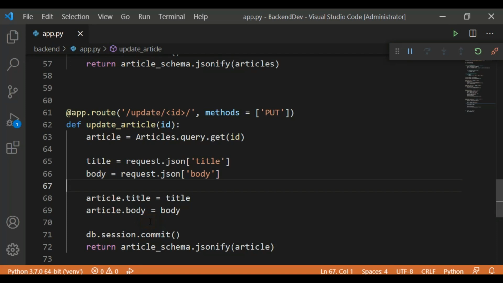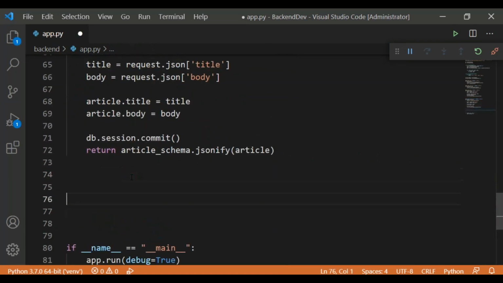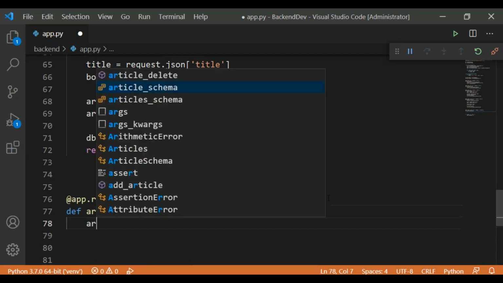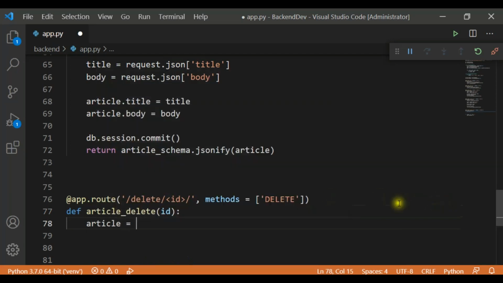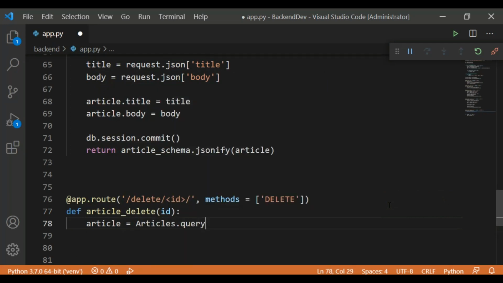And the last functionality is deleting the data. So now let's create delete. I'm going to just copy this, and I can add this in here. So this is delete, and we want to delete according to the ID, and the method is delete. Now let's create article delete, and we want to delete according to the ID. Let's get the articles, so we can use articles dot query dot get. We can pass the ID,